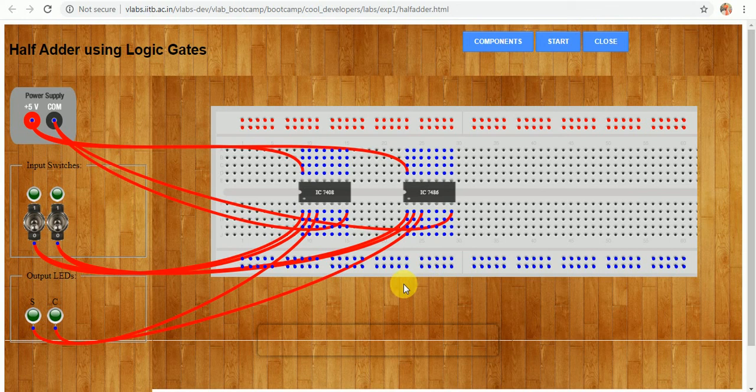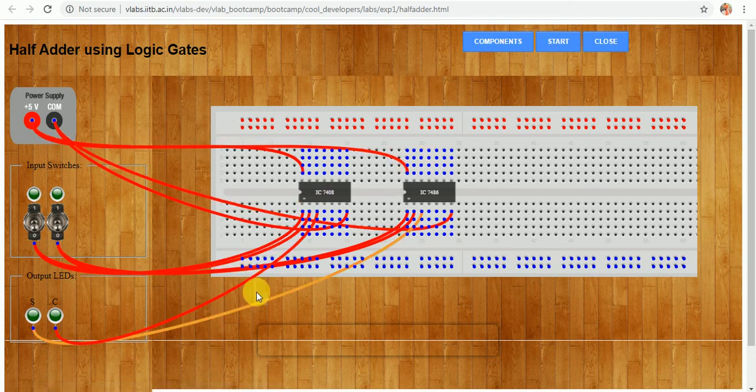Now here we will verify all the 4 combinations of the truth table. First combination is 0 0. Here green LED represents 0 whereas red LED represents 1. By default the combination is 0 0. Then click on start.